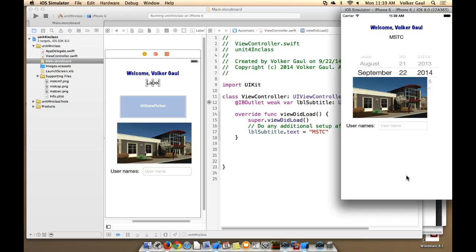And then I can go change its color. I can change its font. I can change whatever I want. Now that I have an outlet, I can change any of the attributes of that object. Those are outlets. I'm guessing we can respond to events in text box. I'll tell you what, let's